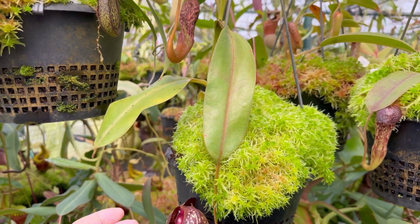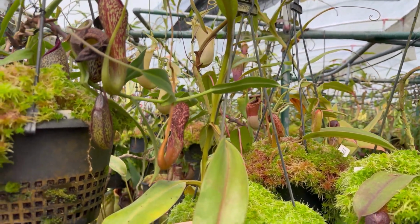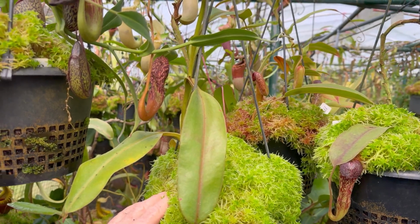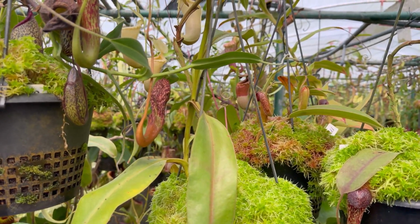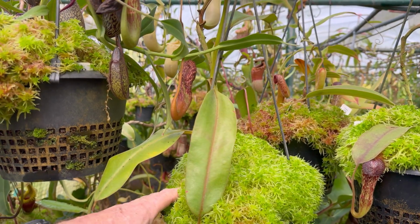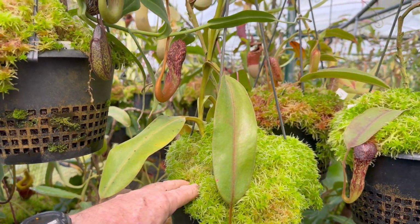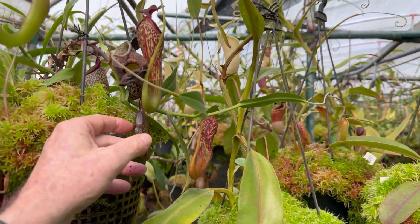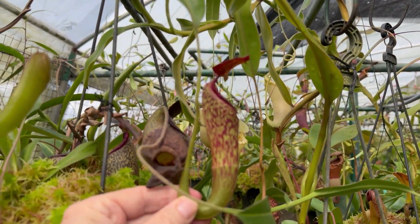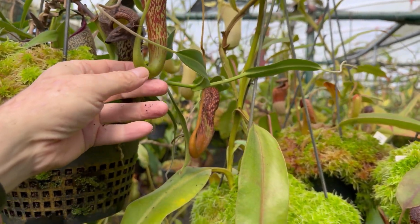Not a particularly fast grower. I know one of our distributors has written a very good blog on this species. He mentions it moderately slow. I would disagree. I would say it's a little faster than slow, moderately slow, but it's not a weed either. Certainly every pitcher's a joy. And the hybrid actually, surprisingly, grows at about the same rate. So there we are. So that's Nepenthes klossii,